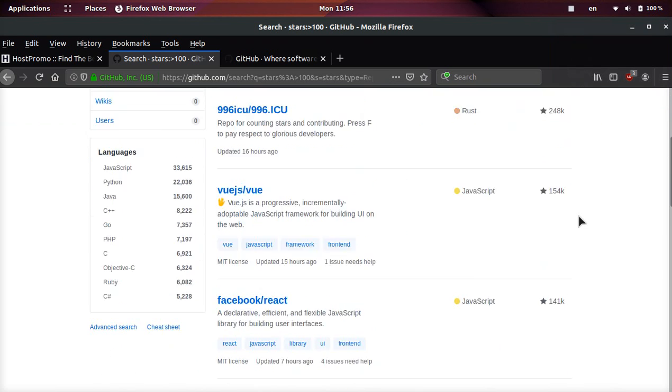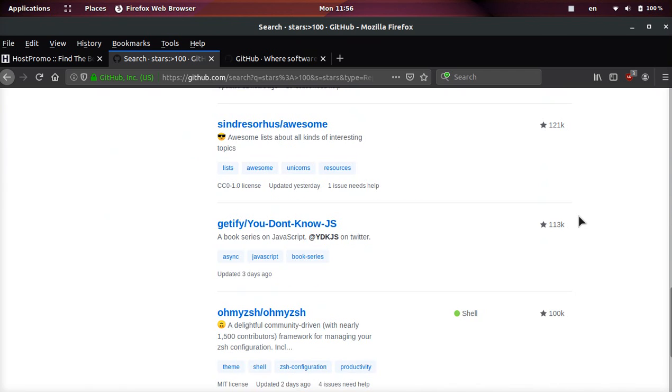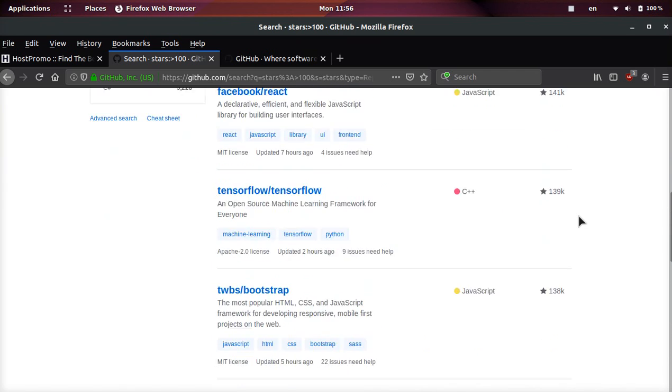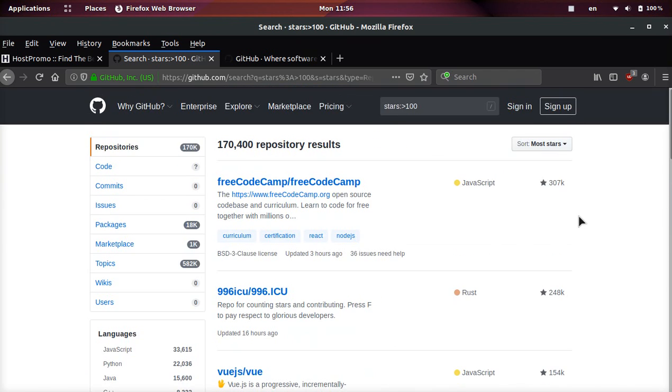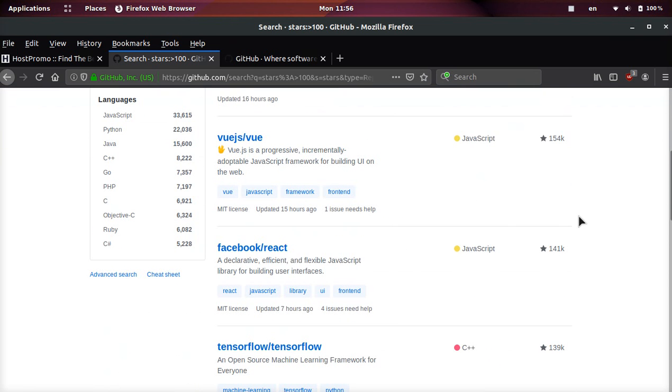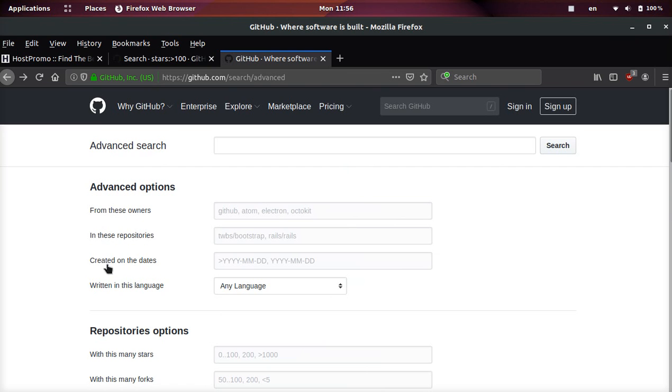In today's video, I'm going to show you how you can find the most popular GitHub repositories in the world. It's super easy to do, and I will also have a direct link in the description as the pinned comment that will take you to this page that will show you the most popular repositories. And if you do want to be able to do it and search it yourself, then all you need to do is go to the GitHub Advanced Search feature, which will look something like this: